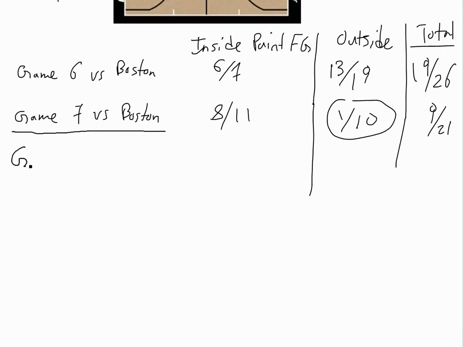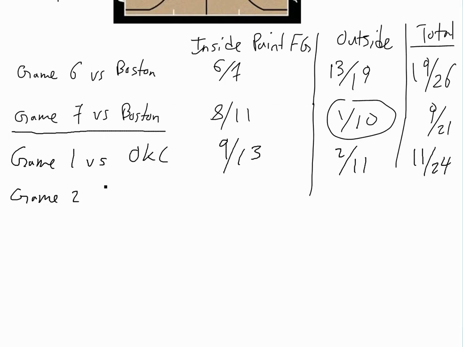Let's say Game 1 versus OKC. He was 9 of 13. So he was just driving to the rack a lot, but then outside the paint 2 of 11, and then the total is 11 of 24. And then Game